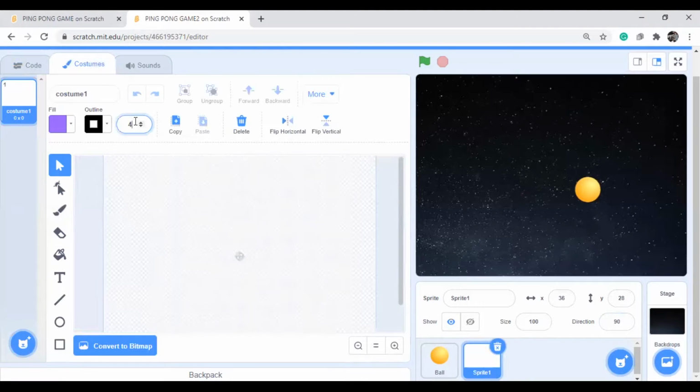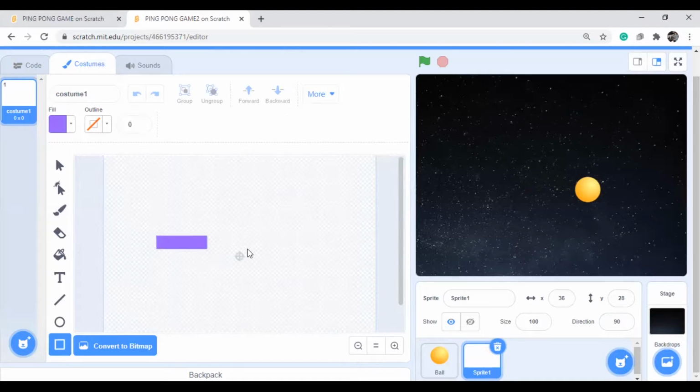So the pedal I will draw myself. I will make it this size. Okay, this size is okay. I will put it here and check it out. Yeah, this is fine. And if I want to change the color, I can change it here.